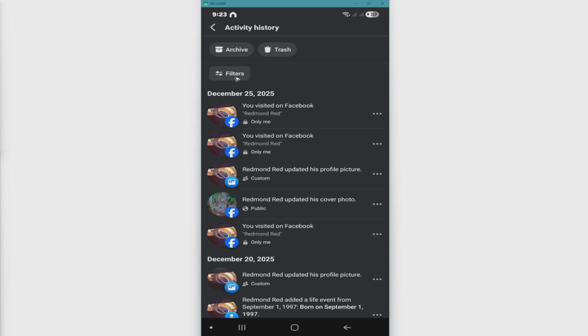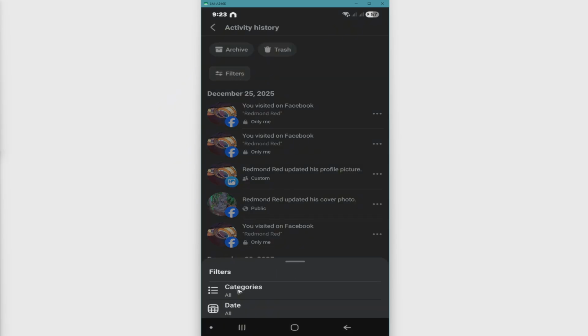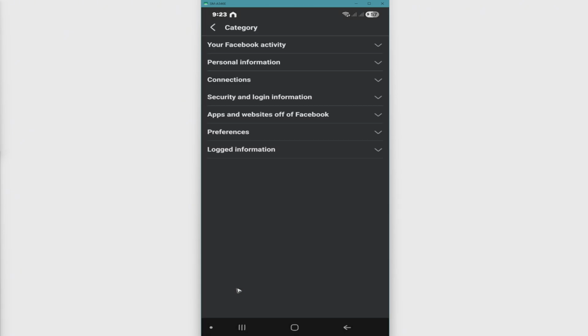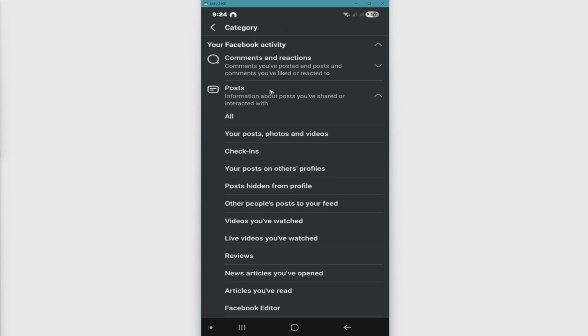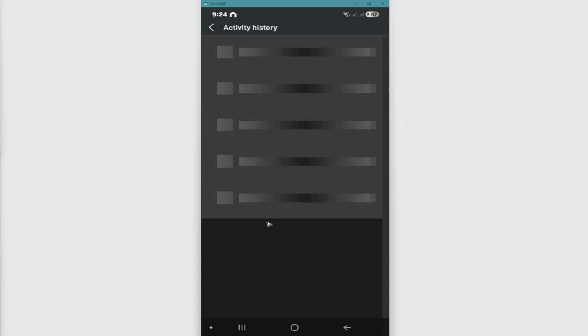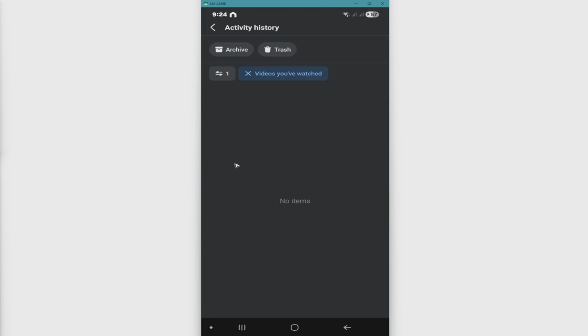Also, when you go over to filters, go ahead and tap on categories, like so. Now tap on your Facebook activity. And here you'll have post. Tap on it. Now go ahead and find the videos you've watched. Just tap on it and you'll be able to see a list right here of the videos that you've